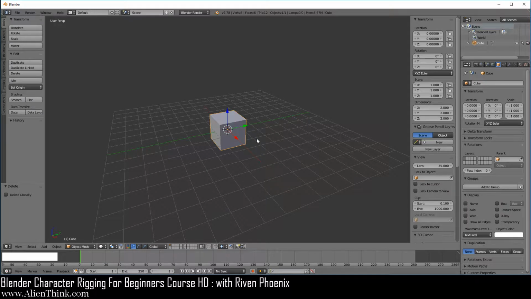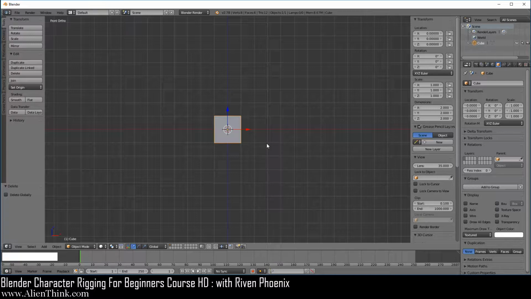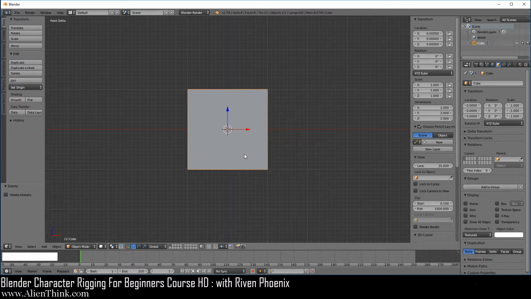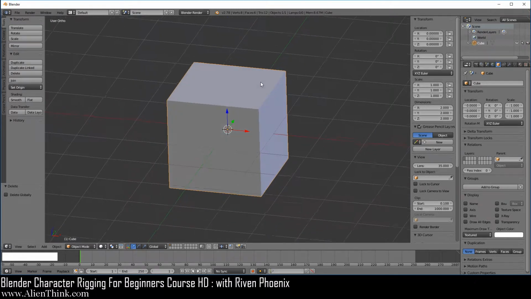Now go ahead and press the 1 key to go to the front view and press the 5 key to go into ortho and go ahead and zoom in. Now what's important to understand here is that every object that's going to come inside Blender, inside your 3D view, will always come at the center of the grid. So if you do the middle mouse button over here, you can see that the object has been placed in the center of the grid.